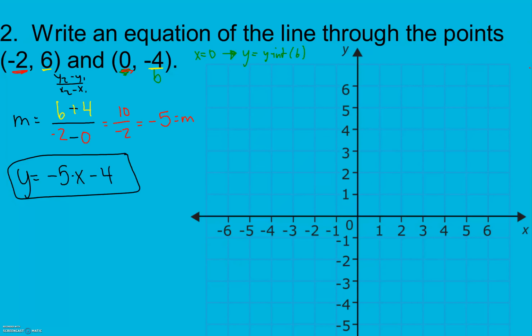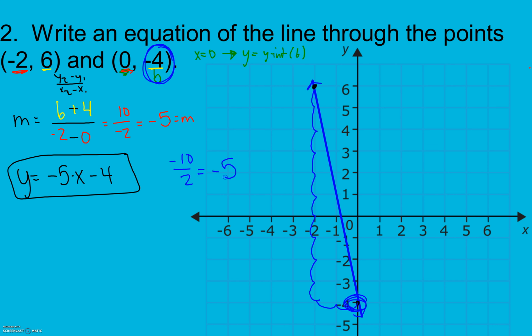We also could have done this by graphing. So I go to x is -2, y is 6, there's a point. I go to 0, -4, there's a point. I can connect them with a straight edge. Now I can see that my intercept is at -4 still, just like I said before. And my slope, I'm going to go down 1, 2, 3, 4, 5, 6, 7, 8, 9, 10, just like I said, and over 2,